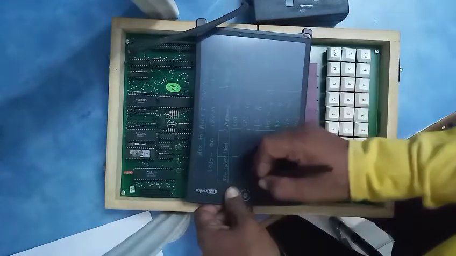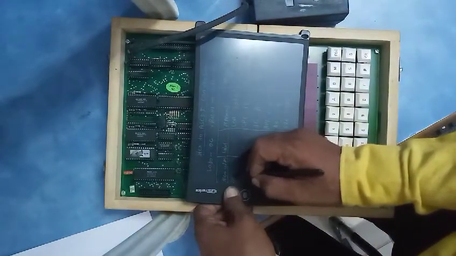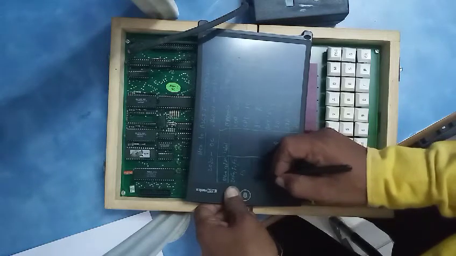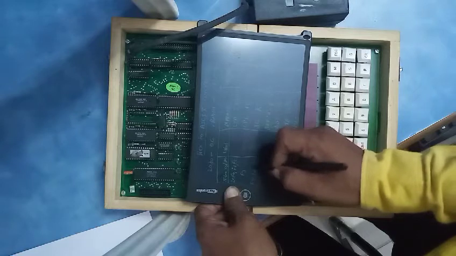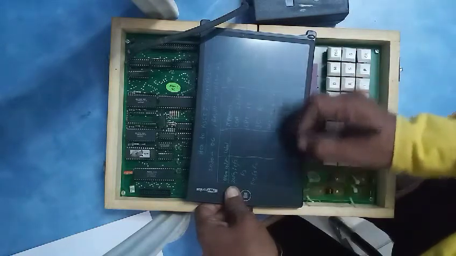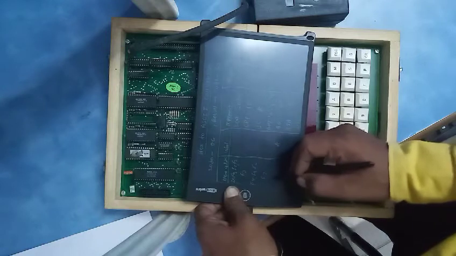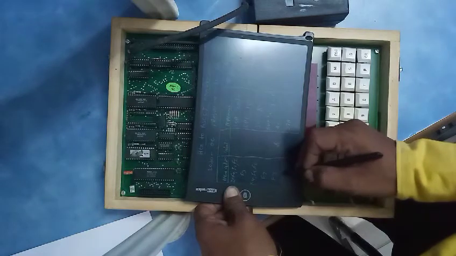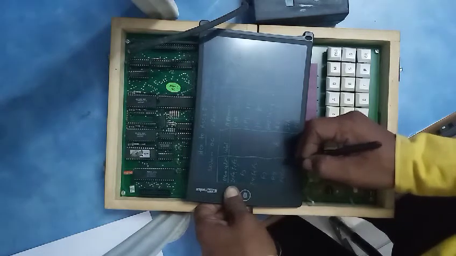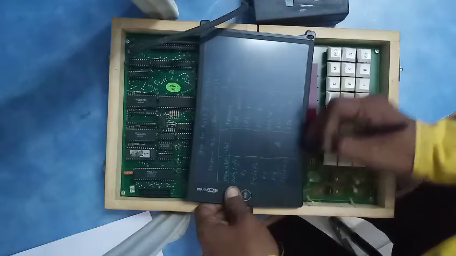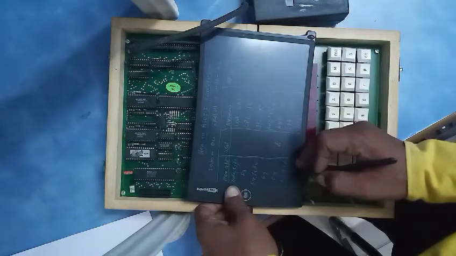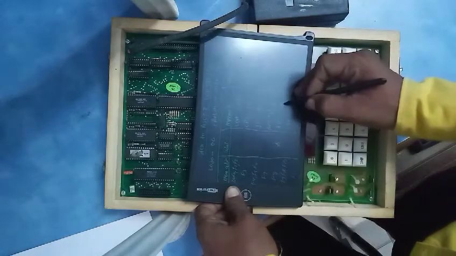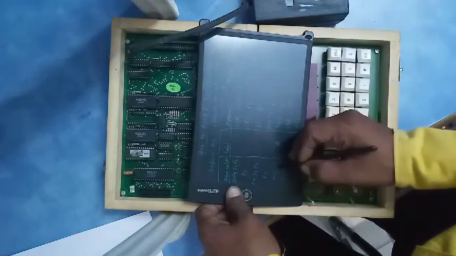Okay students, for this you have the addresses 20F0, F1, F2, F3, F4, F5, F6, because the 3 locations we have to use, then F7, then F8, F9, FA, FB, FC, and FD, FE. Here the 2 locations are going to be required, that's why F8 and F9.